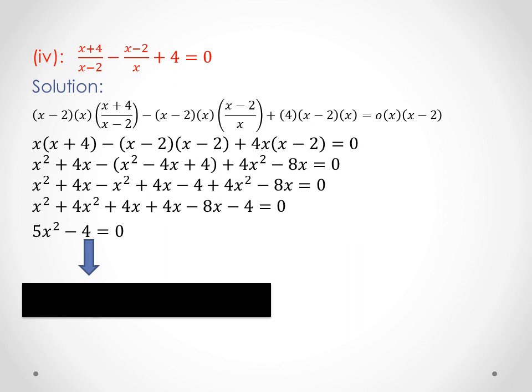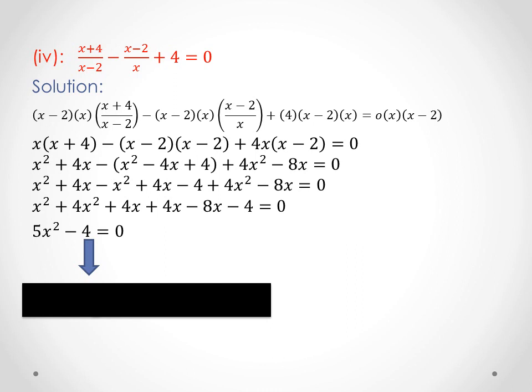So first of all, we have to solve the fraction and convert it into the general form. Solving the fraction, we simply take the LCM and multiply the LCM with all the given terms. First of all, the LCM of x minus 2 and x would be x and x minus 2. So we will multiply x and x minus 2 with all the terms given here. First of all, x and x minus 2 would be multiplied with x plus 4 over x minus 2. Then I'll use the same sign, which is minus. I'll write again the LCM and the next fraction. Then I'll use the same sign plus 4, and the LCM multiplied with the LCM, and the 0 on the right side is also going to be multiplied with the LCM.